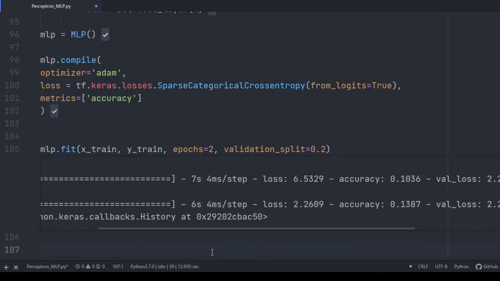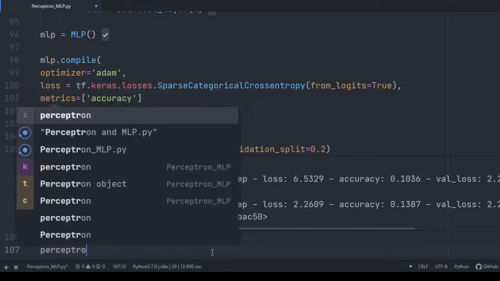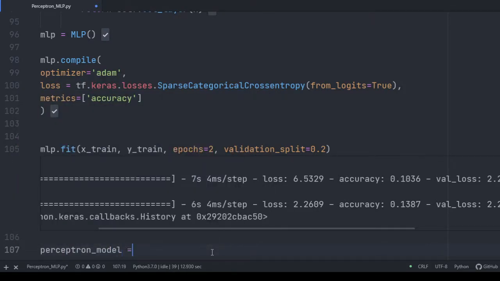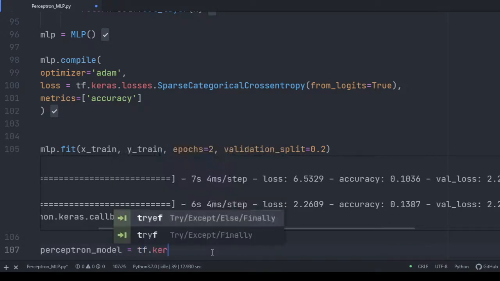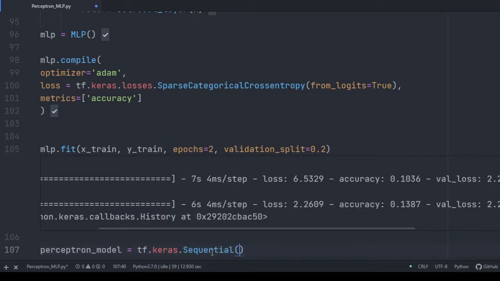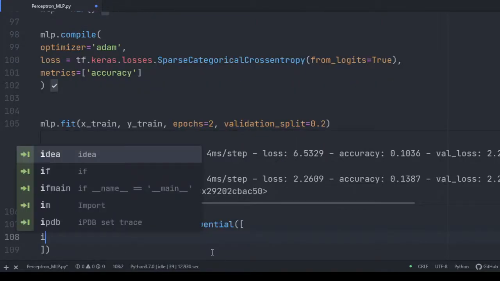Although for now we've created the models of the perceptron and multi-layer perceptron from scratch, the TensorFlow library gives us the option of defining them using functions within TensorFlow. So we don't have to code the models from scratch. For the perceptron model, if I use the inbuilt functions of TensorFlow, I can say tf.keras.Sequential, then I pass the input layer